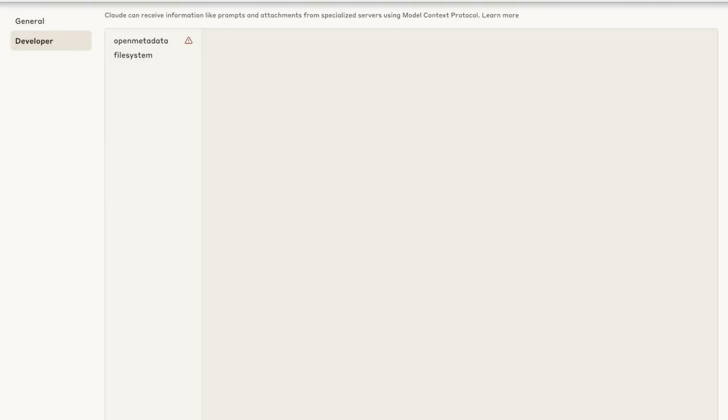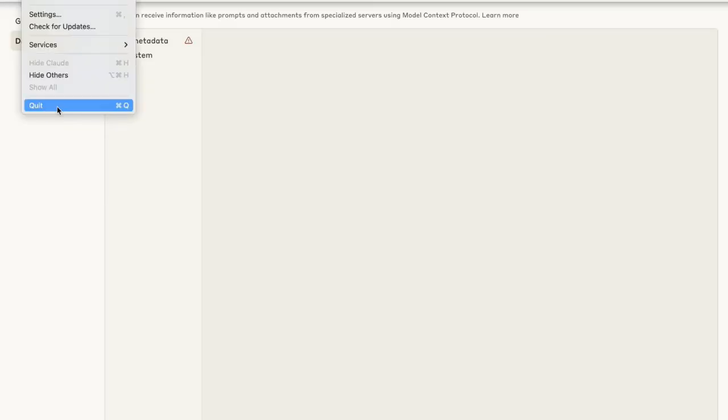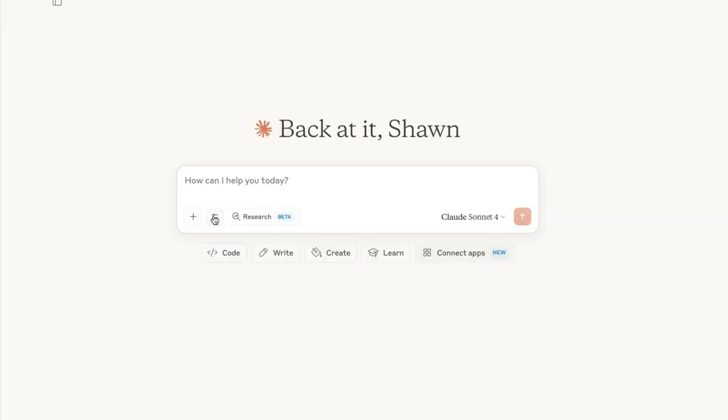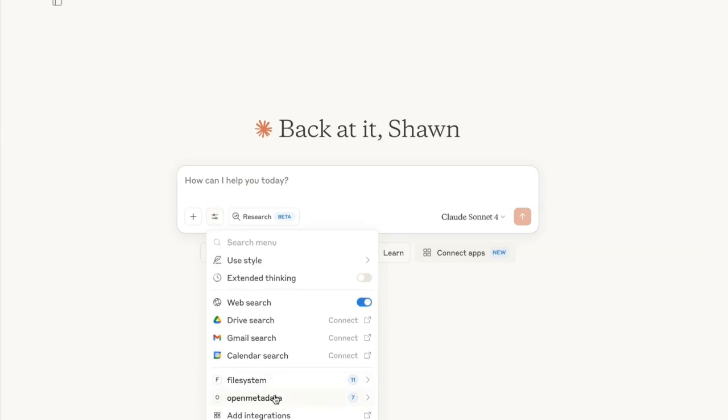Now we just need to restart Claude so it can connect to the server. These sliders here show you the search and tools, and you'll see the open metadata tools are installed and ready for you to start exploring. Collate